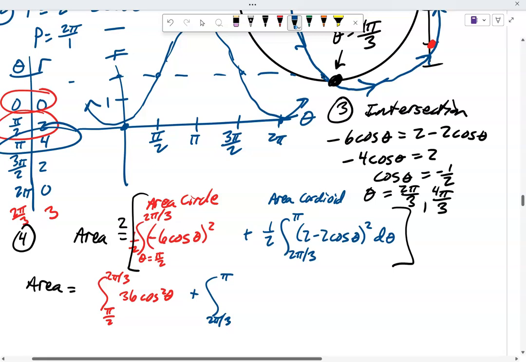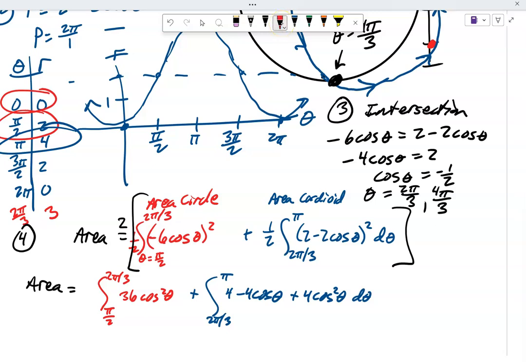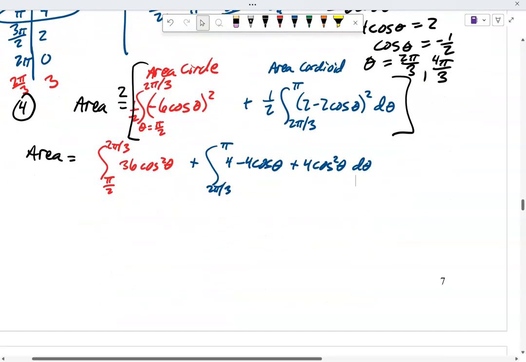And go ahead and expand that out, so that'll be 4 minus 4 cosine theta plus 4 cosine squared theta d theta. I'm going to use that power reducing for cosine squared. So that's 1 plus cosine 2